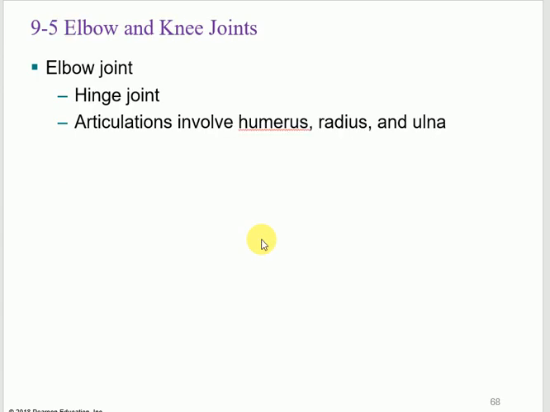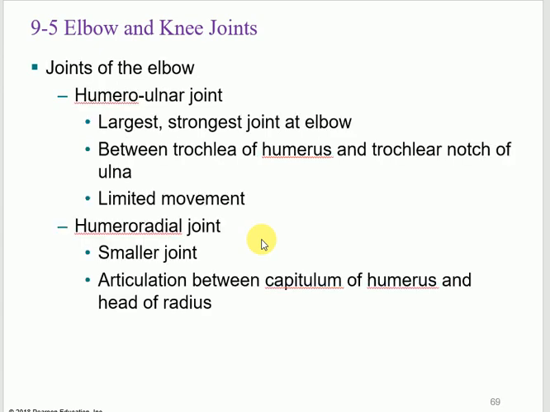Elbow joint is a hinge. You do need to know this. Which of the following is an example of a hinge joint? For example, the elbow. And the elbow joint is two parts. Remember, the humerus makes a joint with two bones: the ulna and the radius. The humerus makes two joints, not one. It's two in one: humerus with the ulna, humerus with the radius. But which part with which? In your exam, I talked about it. Which part of the humerus with which part of the ulna?